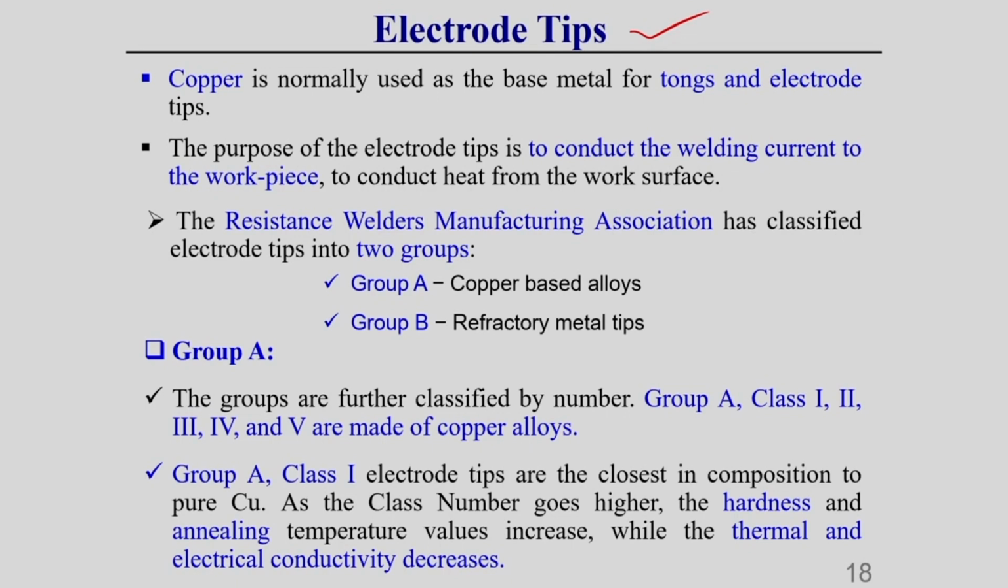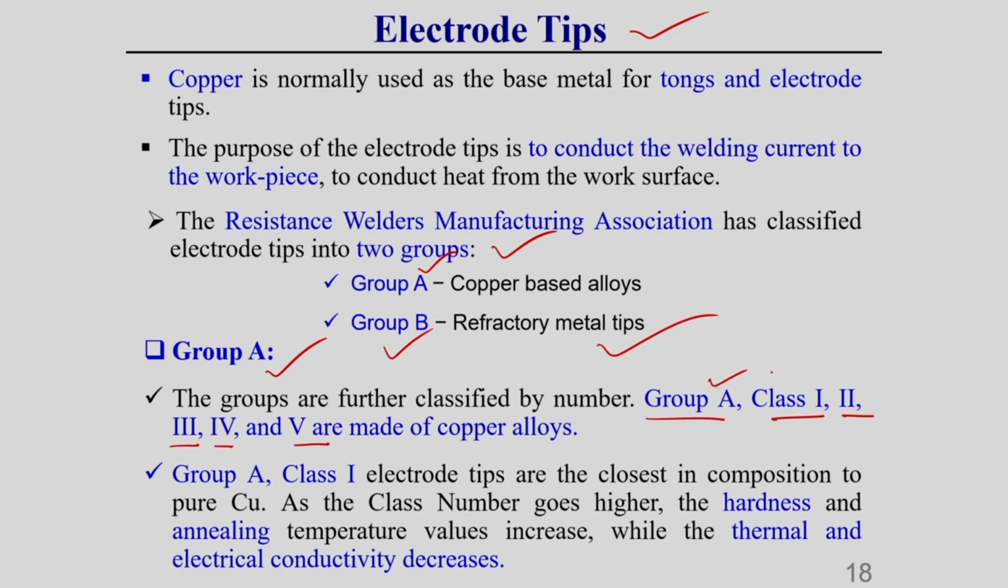The Resistance Welder Manufacturing Association generally classifies the electrode tip into two different groups. One is called Group A, another is called Group B. Group A is generally made from copper-based alloy, and Group B is made using refractory types of metal. Okay. Now Group A is further classified into 5 different categories: Group A Class 1, Class 2, Class 3, Class 4 and Class 5. So here one thing you should keep in mind, this Group A Class 1